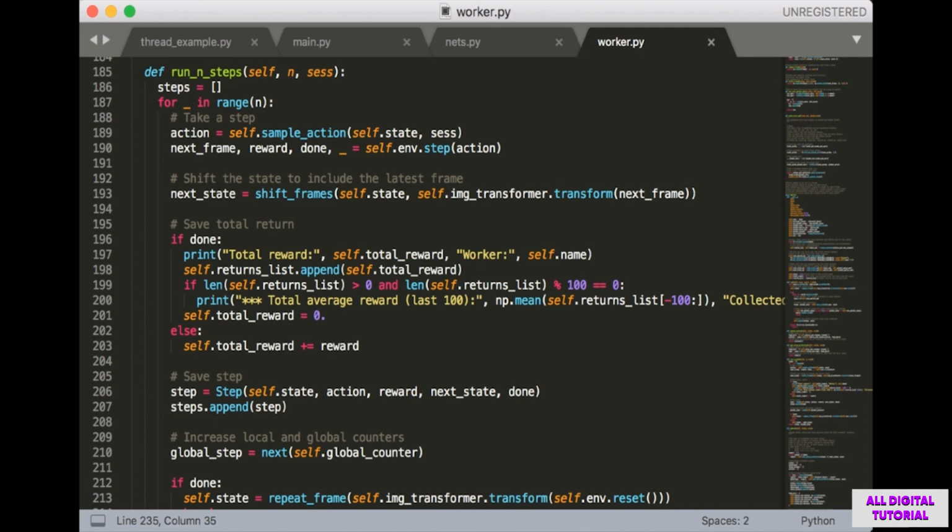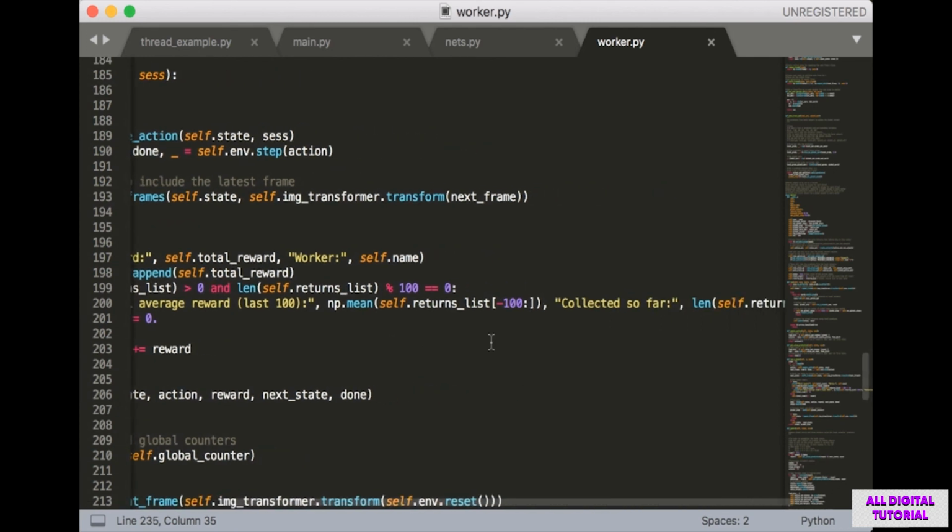Next, we check whether or not this is the end of an episode. That means the done flag is true. If we are done, then we can print the return for this episode along with the worker's name. Then we append the return to our global list of returns. And to help us debug, we're also going to print out the average reward for the last 100 steps every 100 steps.